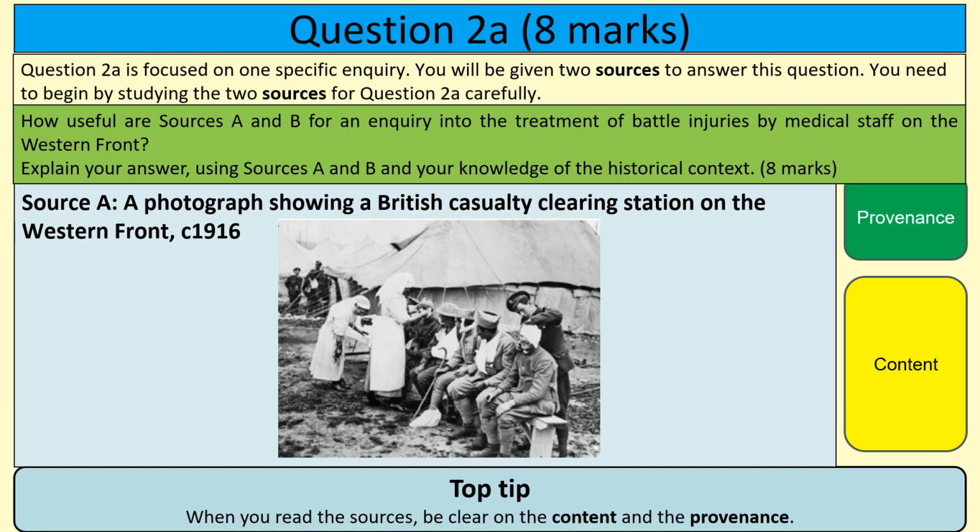So a couple of things you want to identify when you're reading or looking at the sources, if you get a photo, is what's the provenance of the source. So where does it come from? Who wrote it? What's its purpose? What's the audience? And then what's the content? So what can you actually see within the source? So this source is a photograph showing a British casualty clearing station on the Western Front circa, which means around